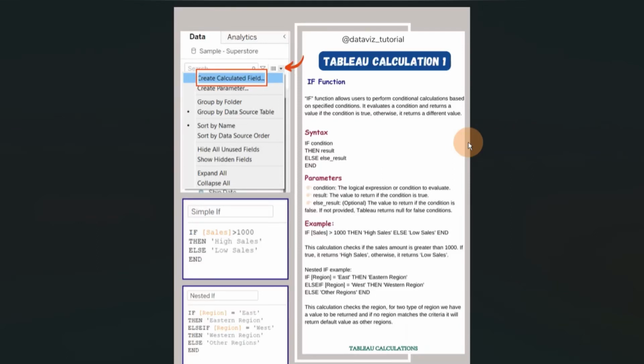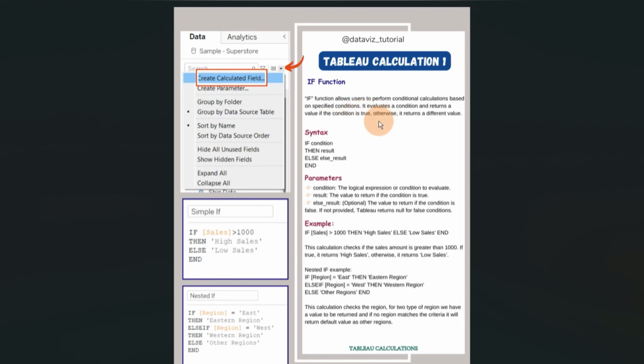In today's video, we will see what an if function is and how to use it in Tableau. So, what is an if function? An if function is a logical function wherein we give a criteria. Based on the criteria, if the value is true, we will get the true value. If the criteria doesn't match, the value is false, then we will get a false value.